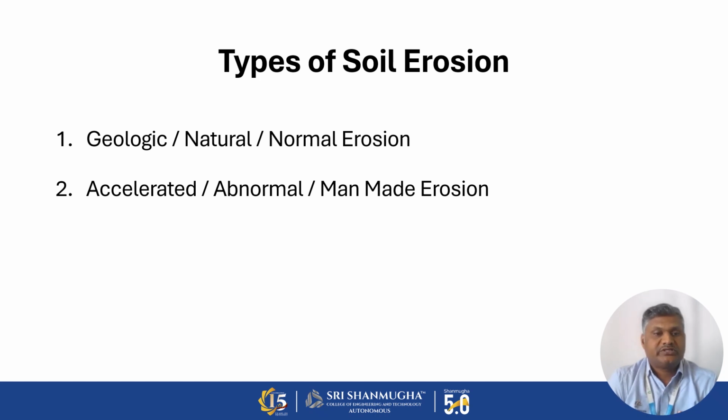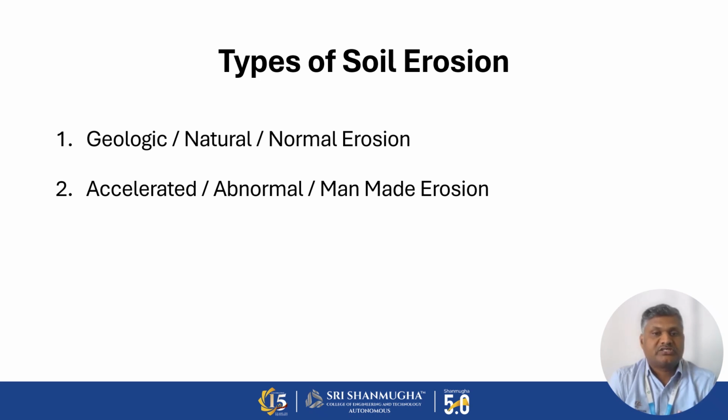Soil erosion is classified in two ways: geological erosion and accelerated erosion. Geological erosion is also known as natural erosion or normal erosion. Accelerated erosion is also known as abnormal erosion or man-made erosion. Geological, natural, or normal erosion is caused by natural, geological processes, whereas accelerated, abnormal, or man-made erosion